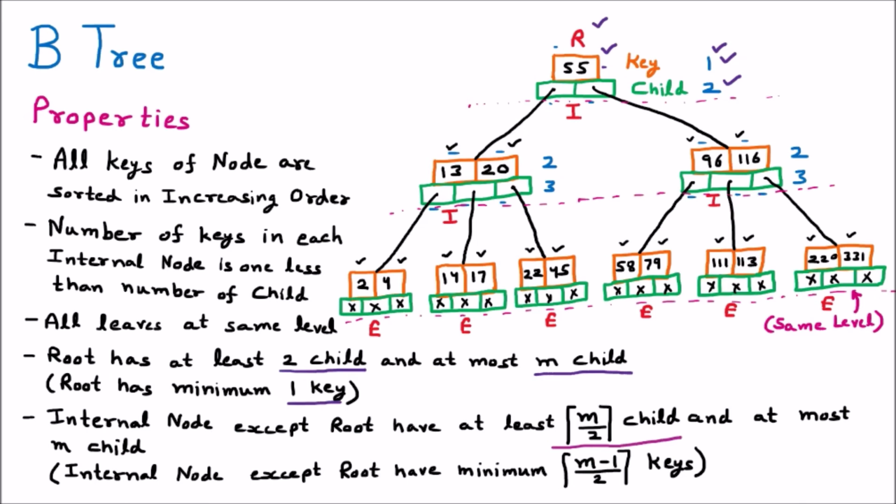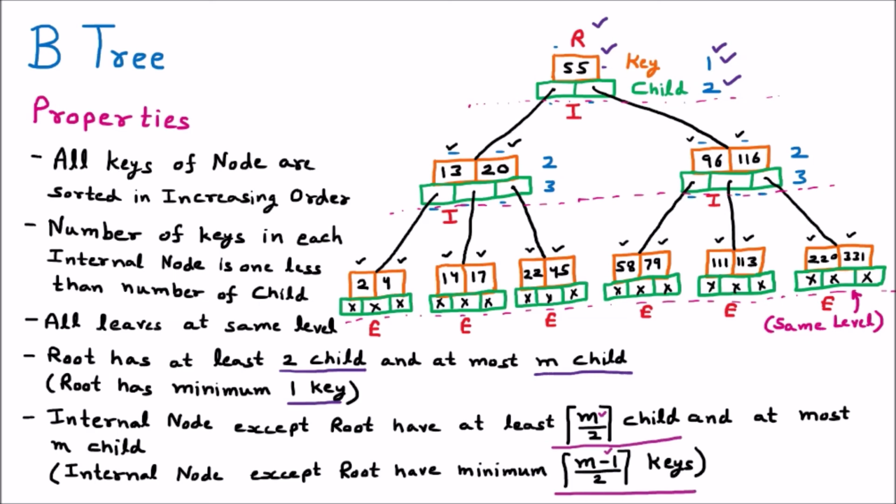So if we have a tree of order m, then here ⌈m/2⌉ children are there. Now if we talk about the keys, they are m minus 1. So here you can say that this m is replaced with m minus 1. So here simply we are saying the internal node except the root has a minimum of m minus 1 by 2, so it becomes keys now, because keys are always one less than the children. So ⌈(m-1)/2⌉ keys. So these two lines are exactly the same. Different books follow different lines, and obviously at most m children, that property every node has to follow.